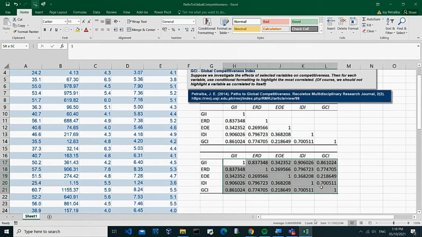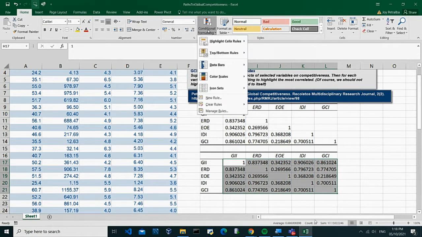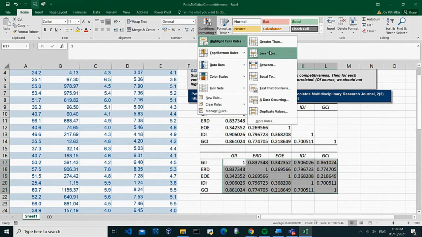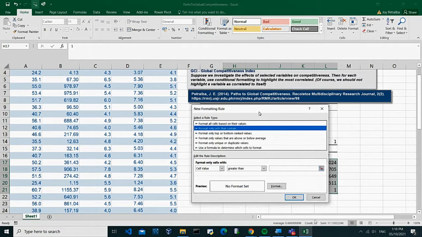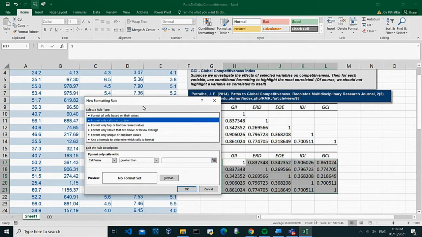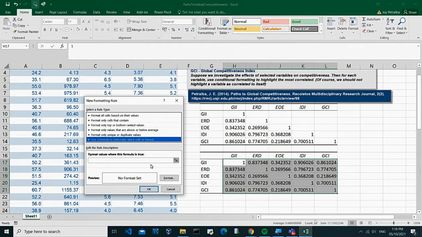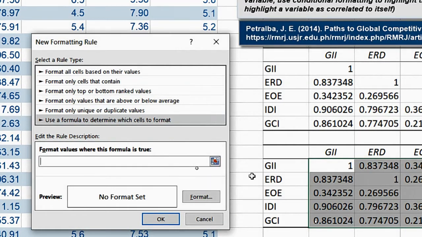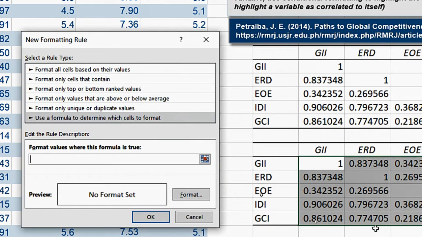Now we are left with highlighting the most correlated values, so using conditional formatting. Now for this scenario, we cannot use any of these rules. So we need to use a new rule by using a formula to determine which cells to format. For this requirement, we need to have two conditions, and thus we have a logical operator AND, equals, and the first condition is that the cell